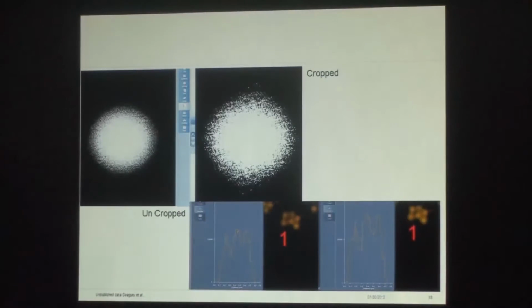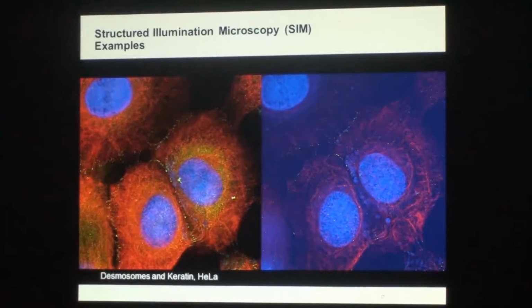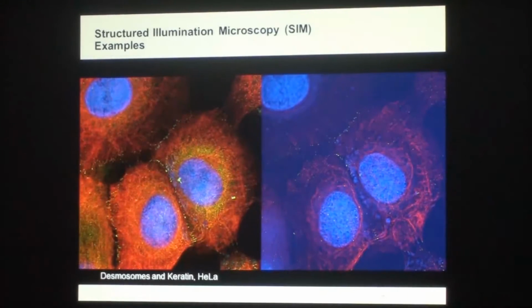This is the same for the beads also. If you look at the wavelength and the resolution, obviously with the 561 nanometer I use a larger grid space compared to 488 nanometer. In the same sample, this is autofluorescent pollen, where you can see the objects. What you see is approximately 250 nanometer in diameter, which is much better resolved with a lower wavelength than a longer wavelength. So these are a few examples showing desmosomes and keratin